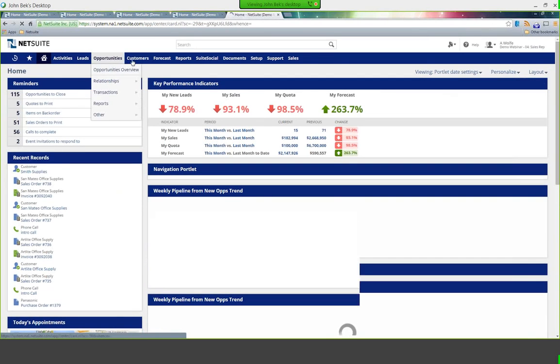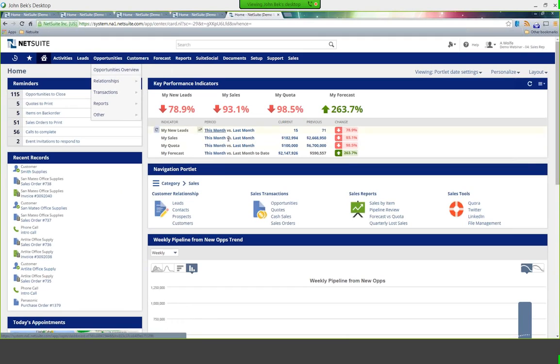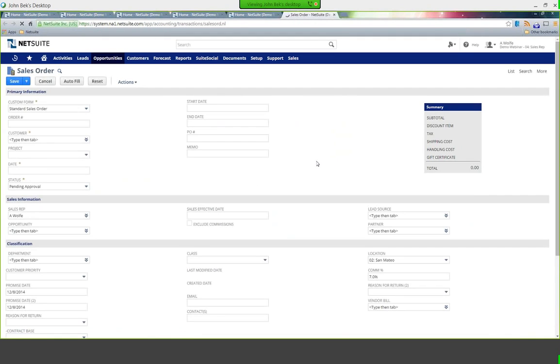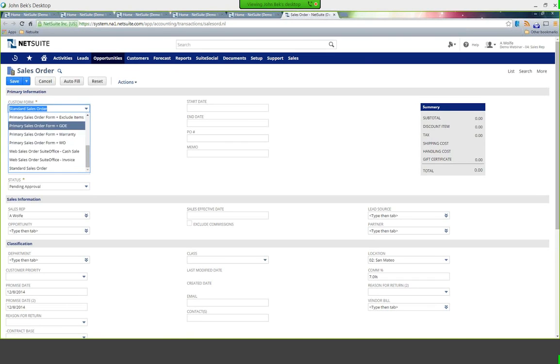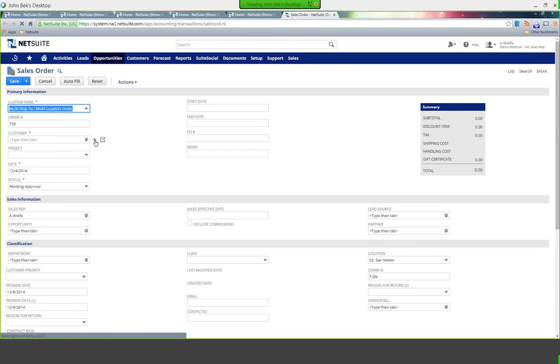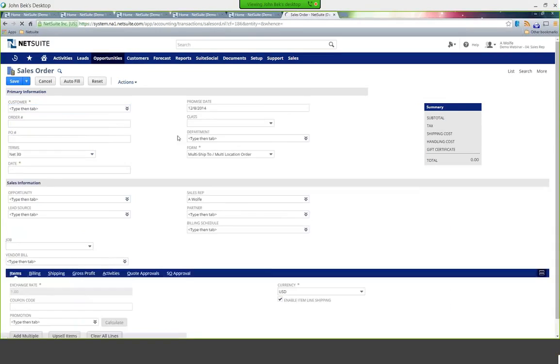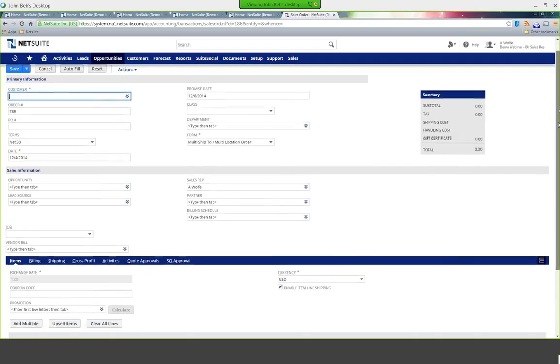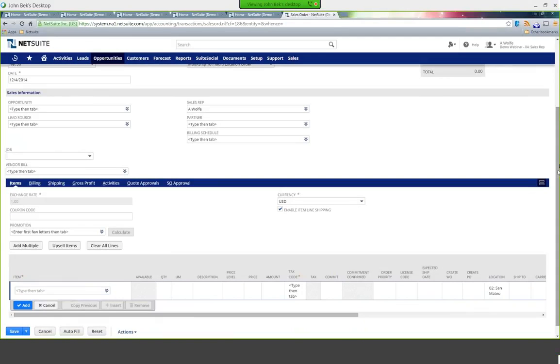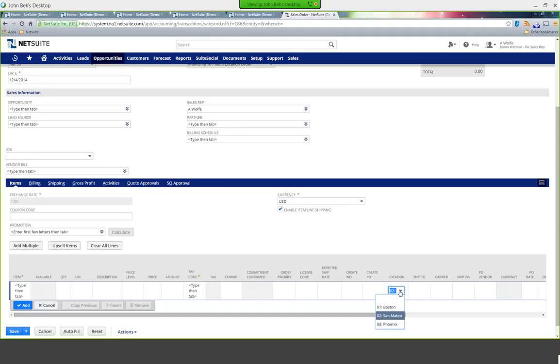So one of the things you can do is, if I were to pop back into sales orders, just very briefly, we've talked about what we're viewing on screen here as forms. So one of the things I can do is I can pull up different types of sales order forms. And one of those sales order forms that I have, potentially, I can use as a multi-ship, multi-location order. So just to briefly show this, not to go through another order necessarily, but you can see by pulling up that form, I can bring down in the lower right, you can say I have location at the line